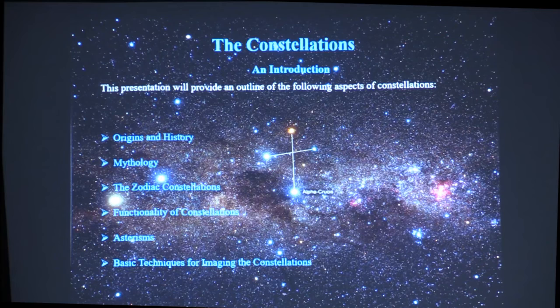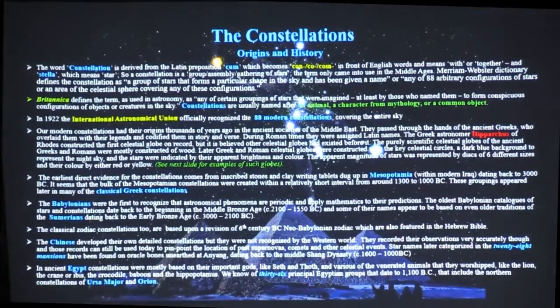You know that word you come across every now and then, you think, what the hell is an asterism and what is it in relation to a constellation? So I'll try and explain a bit about that. And then finally I've got a little section on astrophotography, but not astrophotography with a CCD or more complex astrophotography. It's just a simple astrophotography with a camera, even though when you see the notes you probably think, how is that simple? I won't go through all the notes, but it's basically just as it always has been, with a tripod and a camera, and I'll talk to you about that later on.